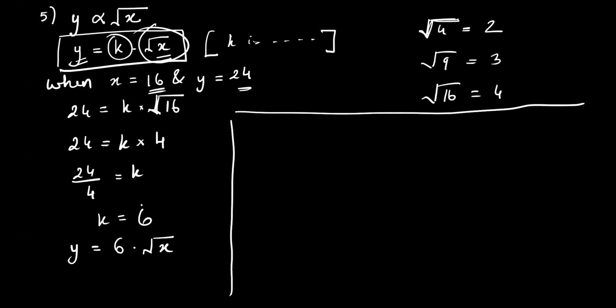Once we know this, they will have given y or x and asked for the other. Check what they have given in the next part. Find the constant of variation and equation of variation. Okay. K is the constant of variation. Have we found that? Yes. And this equation we write is called the equation of variation. That is also done. Have they asked anything else? No, sir. Then this is the end of the sum. Okay. Ashish, is it clear or not clear? Yes, sir. Okay. Fine.